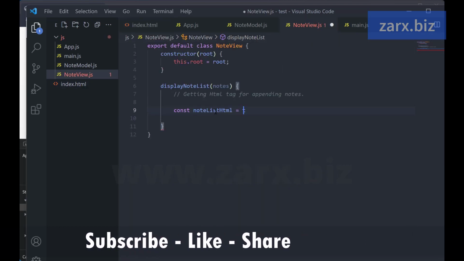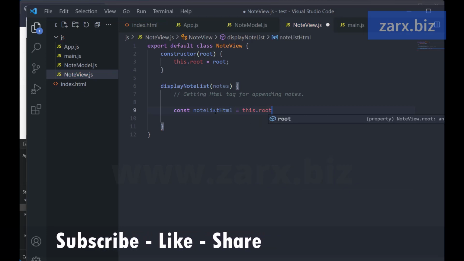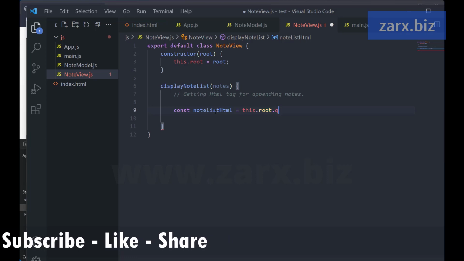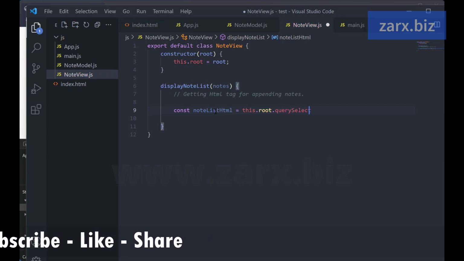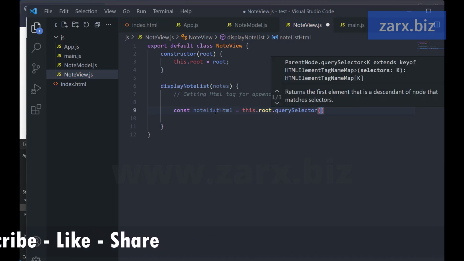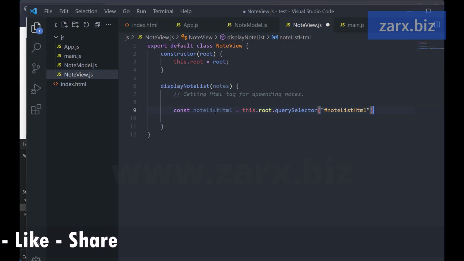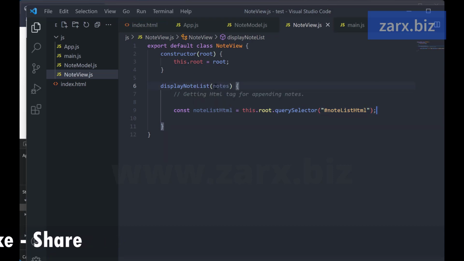Now I want to say this dot root, as we have the root, and then we want to say query selector, and here we want to pass the ID. All right, so we will get access to this. Now we need to show these nodes in this, so let's do that. Here again, the comment: first, I'm going to sort the nodes. So I'm going to say sort nodes